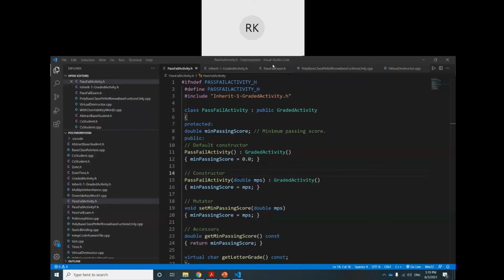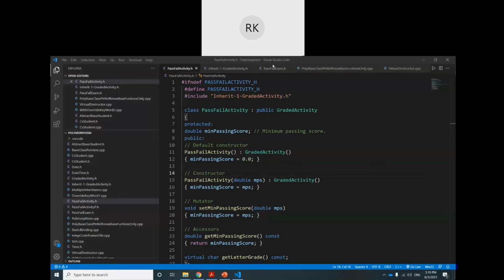Okay, so if you see here, grade activity is a parent class, we create a pointer of that, and now we can assign a grade activity object to this. So this line will work. But the second one, if we create a pointer of the child class and assign an object of the parent class, it will not work.